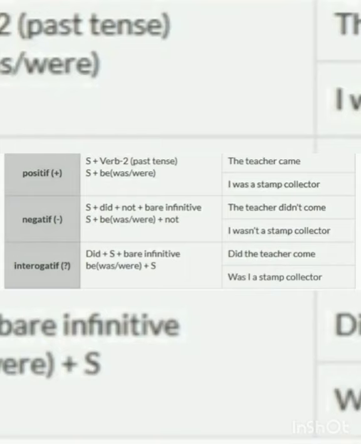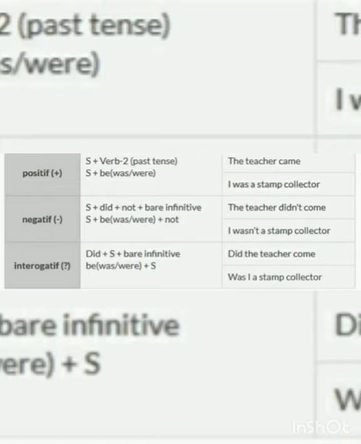See, here you can see in this picture, while framing an affirmative sentence, the formula for this simple past tense is: first comes a subject and then comes the verb 2 form. Verb 2 is, for example, if eat is there, it becomes ate. Verb 2 form of eat is ate. So first comes the subject and then comes the verb 2 part and then comes the object. There is an example. The teacher came. The teacher came to school. I can say that the teacher came to school.